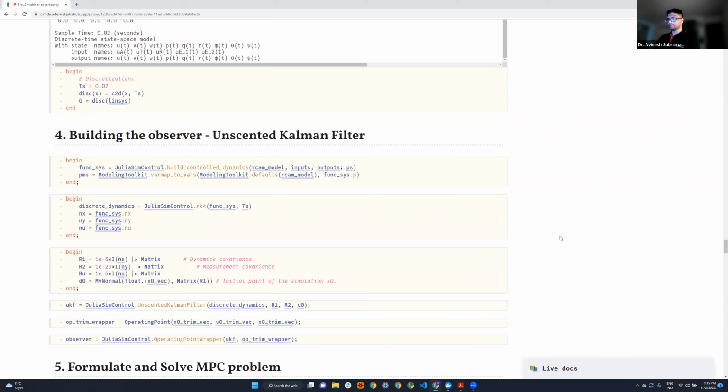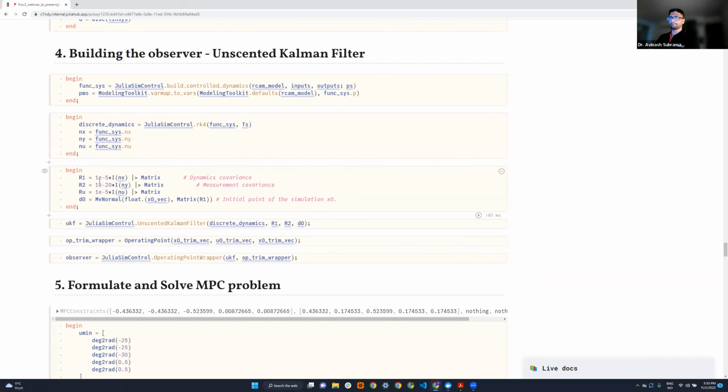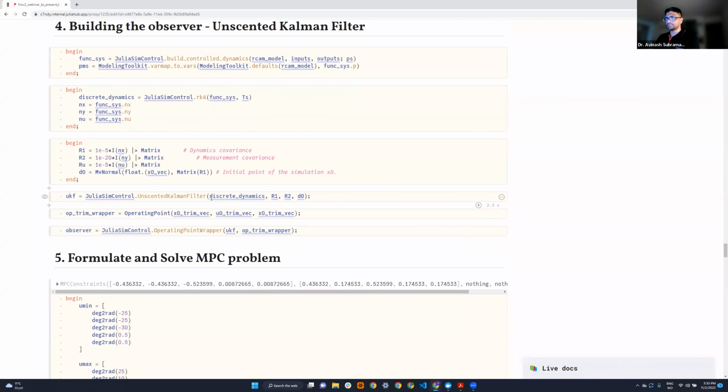For the unscented Kalman filter, we would pass in the dynamics covariance matrix, the measurement covariance matrix, the control covariance matrix, and then the initial point of the simulation. Then we use the unscented Kalman filter constructor with the discretized nonlinear discrete dynamics,